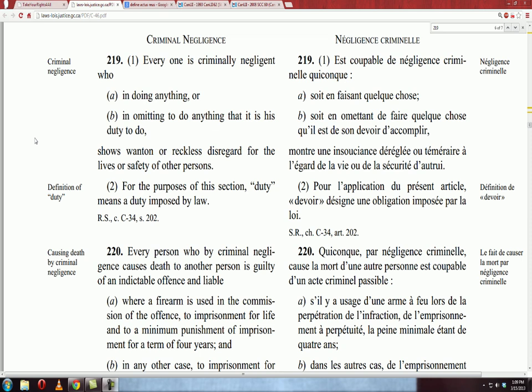making yourself look foolish, as it is your job as a police officer to keep us safe and to enforce the criminal code. The question that becomes is, how do you enforce the criminal code if you do not know the criminal code? The answer is an easy one. You can't. The only way that you can enforce something is if you know what you're enforcing. Now, in the defense of the police officers and those people that may not be aware, the criminal code is at 1,019 pages. It's not a light document. It's not your light reading that you take to the washroom with you. It is intense. It is a very thick book.